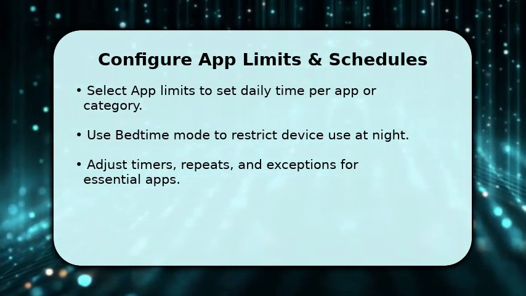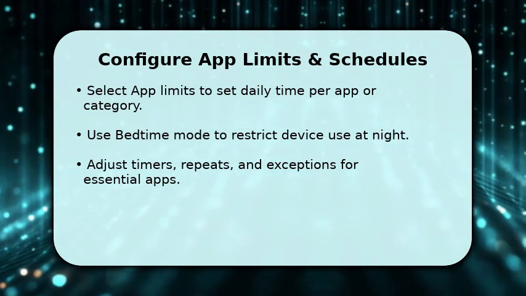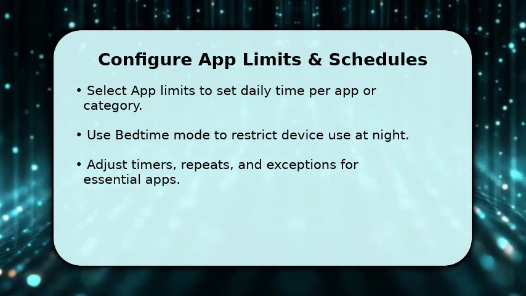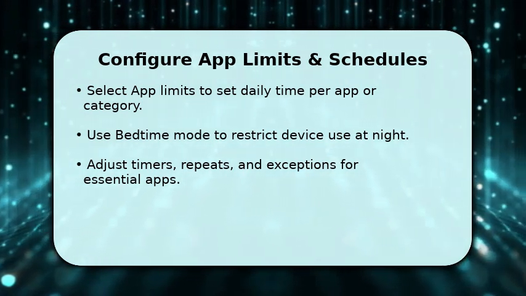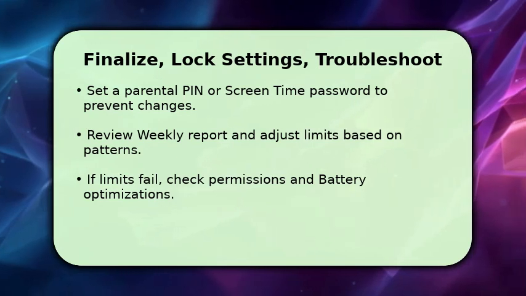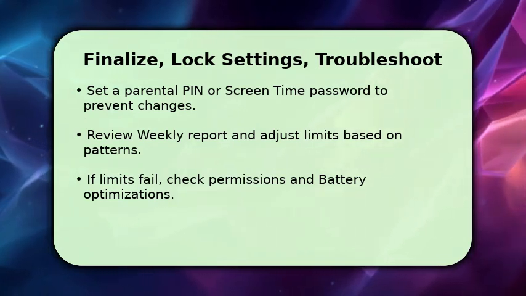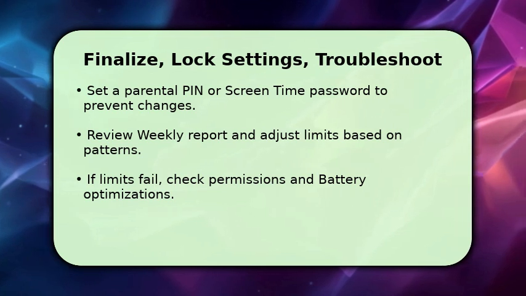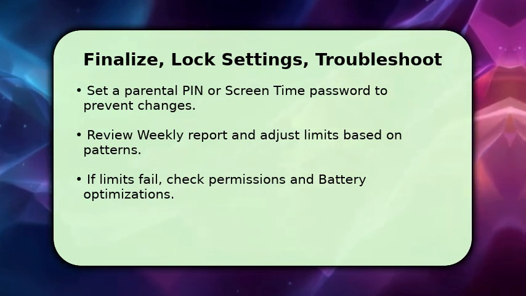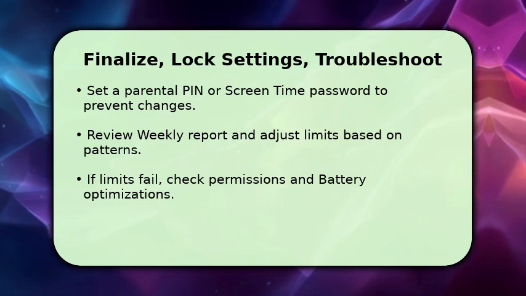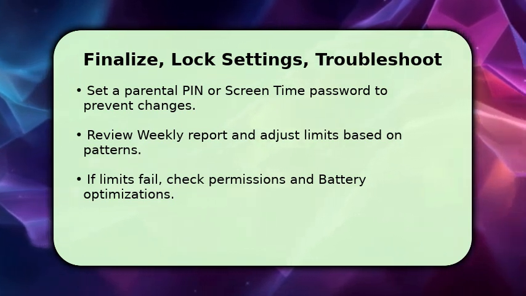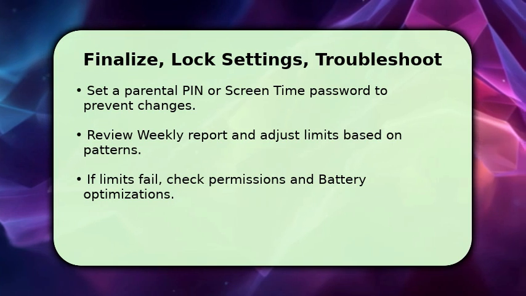Finish by setting a screen time password or parental PIN so limits can't be changed without your permission. This secures the configuration. Review the weekly report to see actual usage and tweak limits accordingly. Data-driven adjustments improve effectiveness. If something goes wrong, first check digital balance permissions and disable aggressive battery optimization for digital